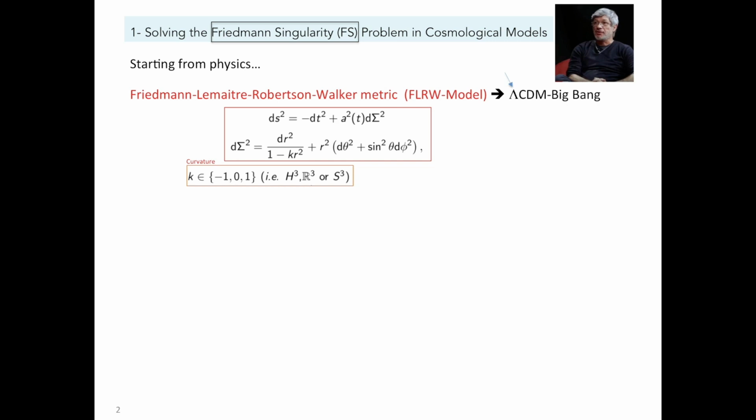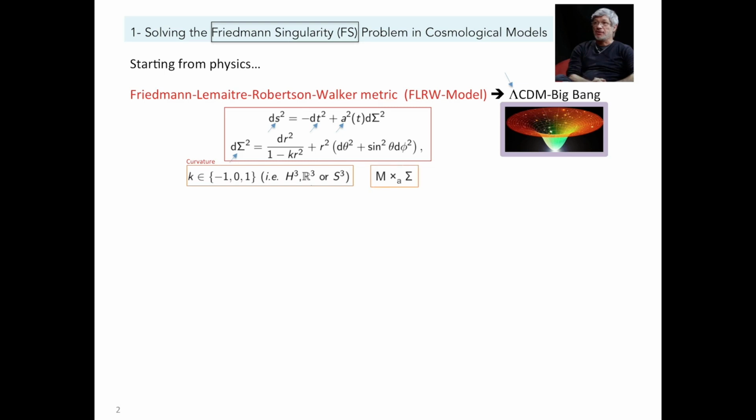The lambda CDM is the scientific paradigm which explains the evolution of the universe from a singularity where the Big Bang happens and the universe is born. Here, S is space, T is time, A, as I said, is the scale factor that governs the cosmological expansion, and sigma is a connected 3D Riemannian manifold of constant curvature endowed of the warped product with a given manifold,